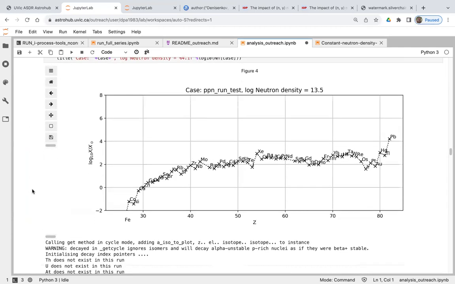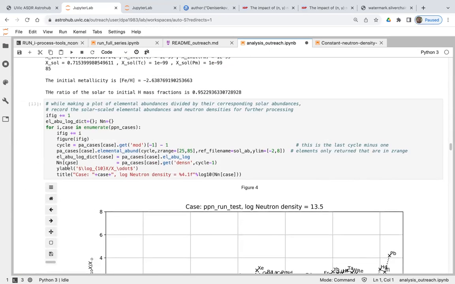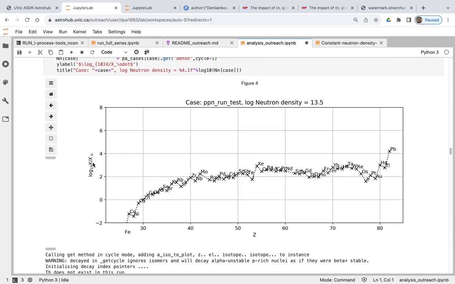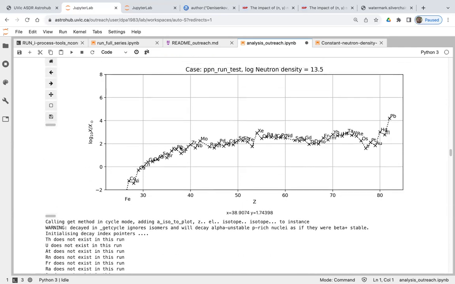So this is a plot of final abundances, mass fractions, relative to their corresponding solar abundance, decimal logarithm, as a function of proton number. And you can see we have enhanced heavy element abundances